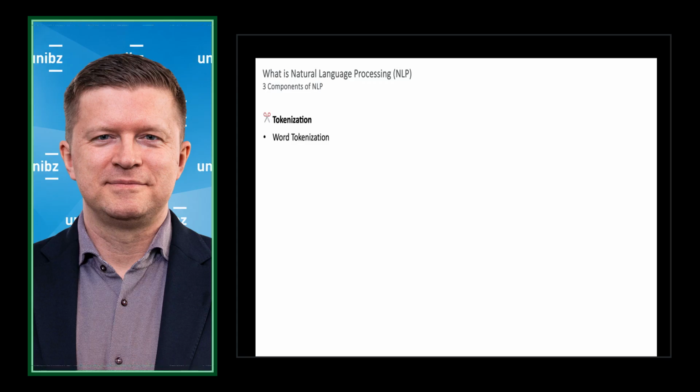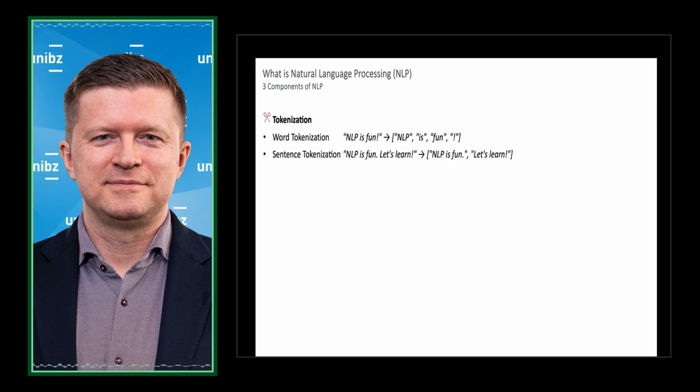First of all, there's word tokenization. I'll give you an example of this. Let's say we have the sentence "NLP is fun!", then the tokens would be "NLP", "is", "fun" and the exclamation mark. And for example, sentence tokenization. Let's see an example for that. We have "NLP is fun. Let's learn." So then we have two sentences. The first one is "NLP is fun." The second one is "Let's learn." So that's different from word tokenization.